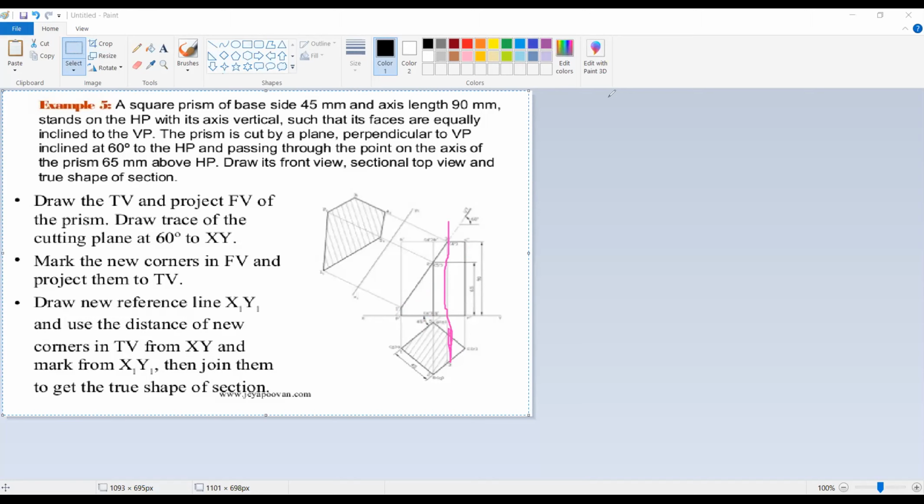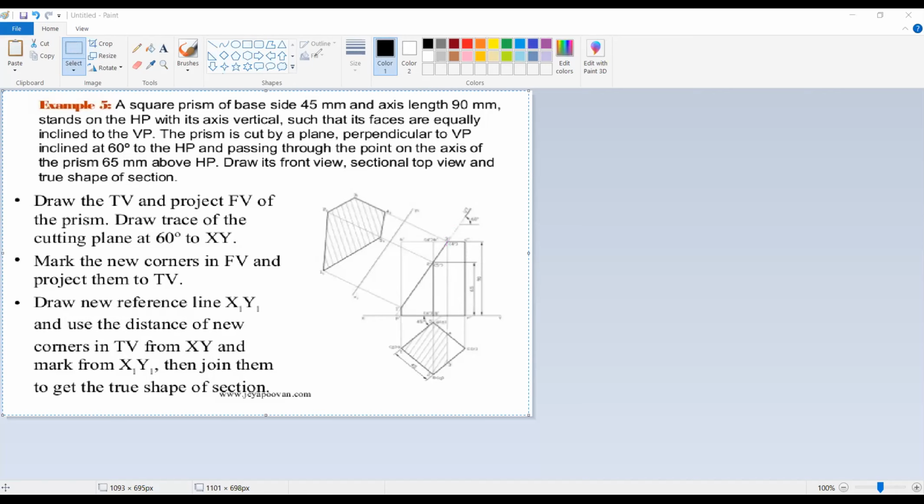Here 2 new points will be formed, and if you observe in the true shape also there will be 2 points, right? So this is the difference if it is cutting from here or if it is cutting from here, right? This difference will be there, that is why I asked you to draw first, so that you understand where the 45 degree angle line is passing from. If it passed from here, there would be 2 points here, but it is passing from this line, so here there is only one point, similar to this one, right?